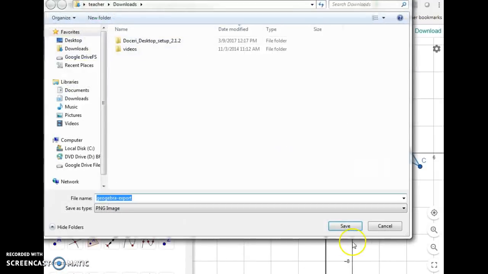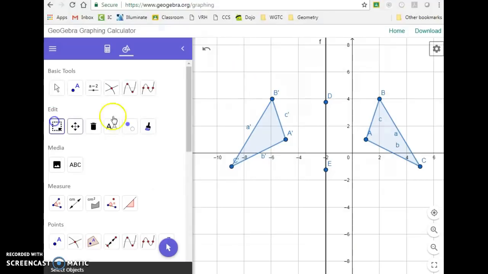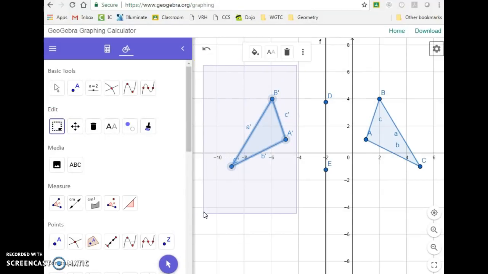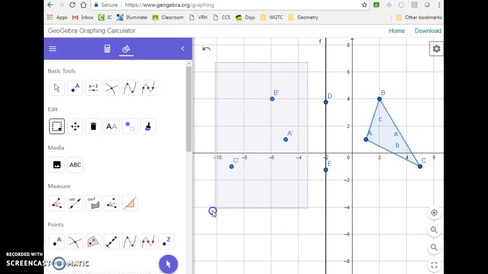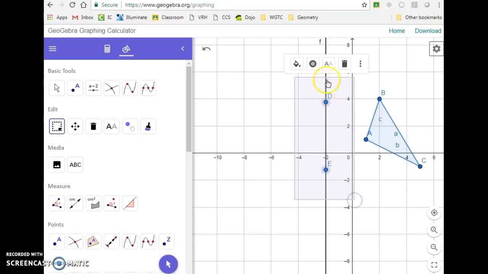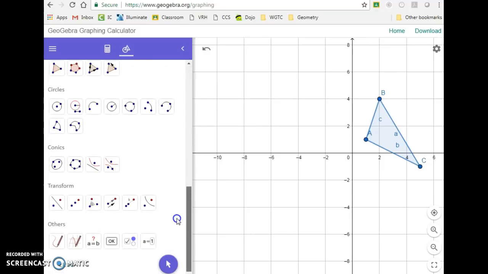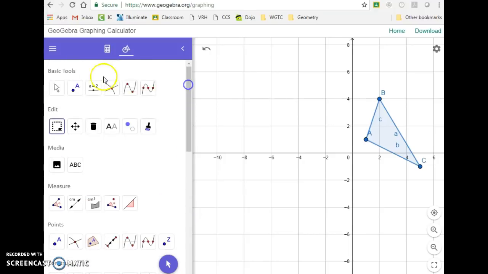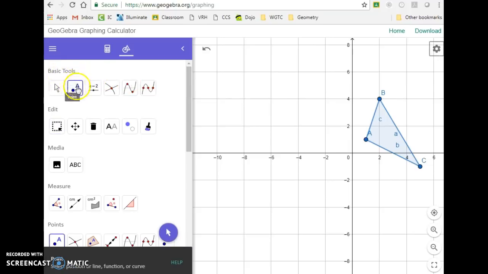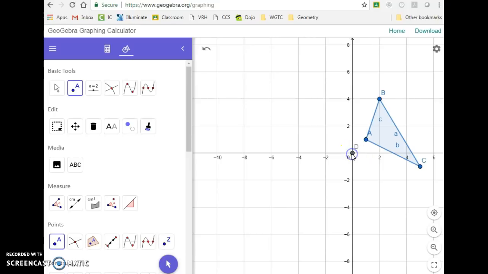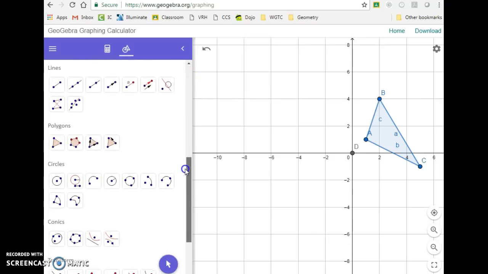Finally, once again, I want to delete the things that I don't need anymore. Finally, we want to rotate our original triangle there. If you look down in the transformation tools, the rotate tool is the third one, and it says rotate around a point. So we're going to have to draw a point first. So let's go up to our basic tools, hit the dot or the point tool, and we're always going to rotate about the origin. So if you will put a dot on the origin,